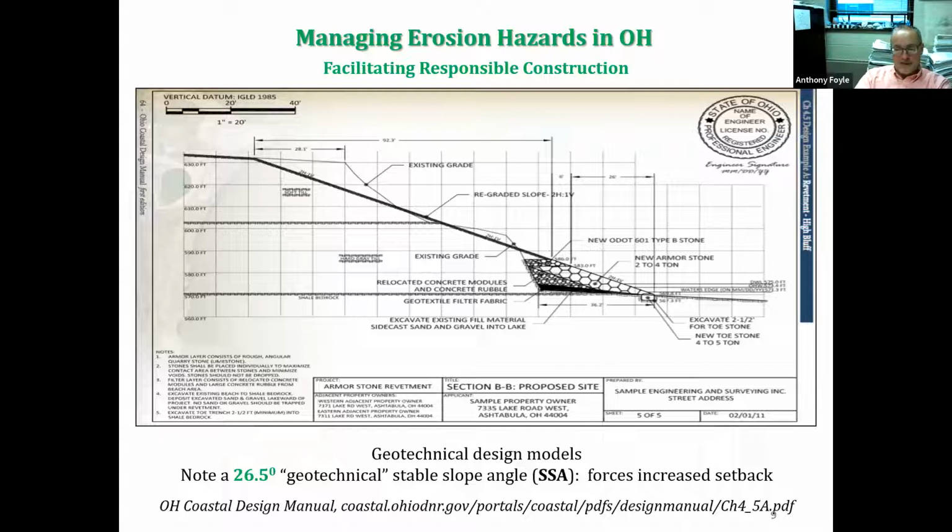We also happen to have a big marina updrift of us just across the Ohio state line. Historically, that's trapped a lot of sand, and that's sand that would have come down our coast. So CRMP would also be a good group to ask for more information on that, because there are numbers. Conneaut Harbor does deprive us of sand, but going forward in the future, I think there may be more artificial bypassing of sand around that structure, possibly by truck or by pipeline, to get that littoral sand moving